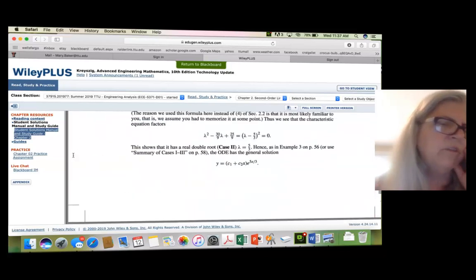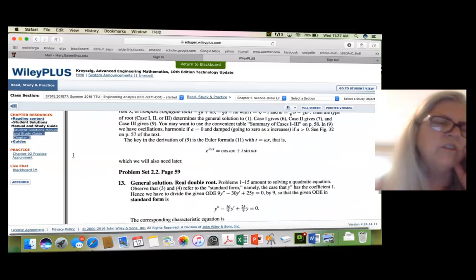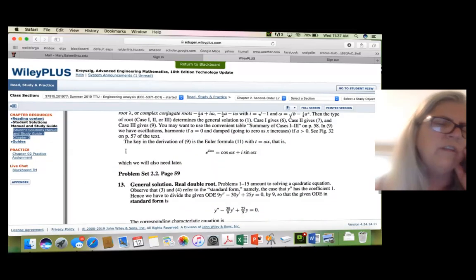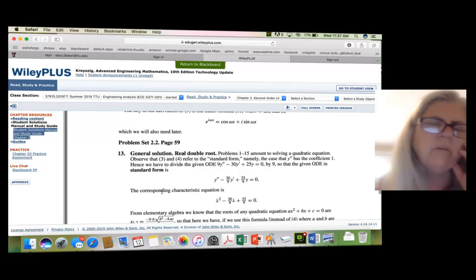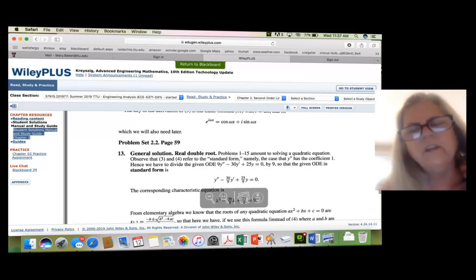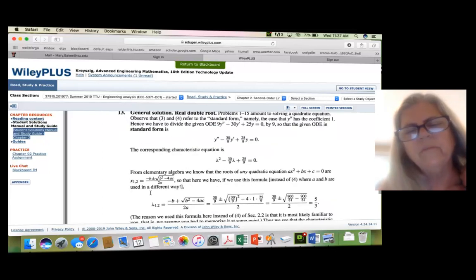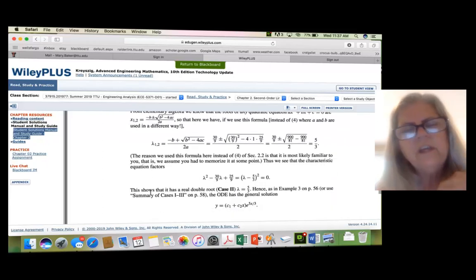We did not cover section 4. We did not cover section 3. So hopefully that reduces the amount of material that you have to work with, study, and look at. Once again, I would look closely at